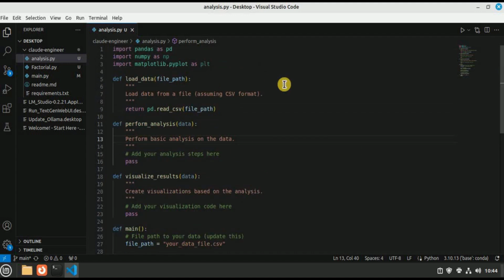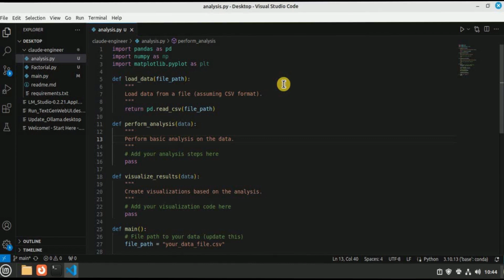And that's a really cool feature that you don't have to firstly create a separate file and then ask it to create code and place it inside the file. You can simply ask it to create a file and then provide it a meaningful name, so that the Claude Engineer will be able to understand it and will provide you code on the basis of the provided name.